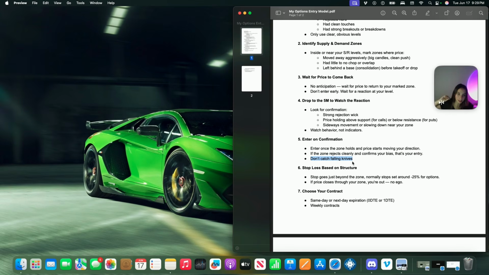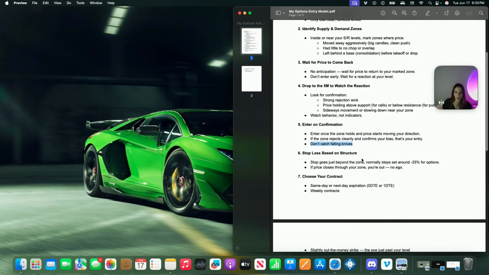Don't catch falling knives. If we do get a heavy move that just breaks straight through a support area without retesting that breakthrough support, that's generally not what you want to be entering, because that is you trying to catch the falling knife. Usually when that happens, we probably got some bad news, something like Trump released more tariffs. I don't know. So you do not want to be entering on something like that if we do break below